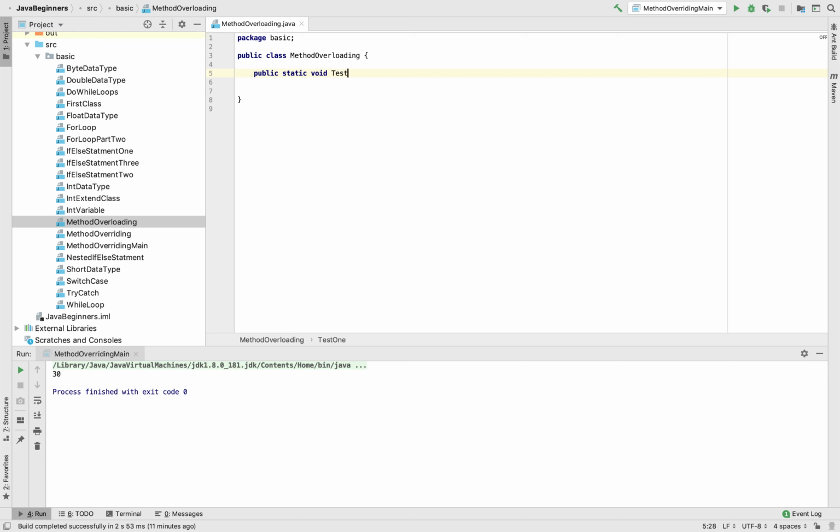Okay, this is the one method I'm creating over here. And I'm going to create int